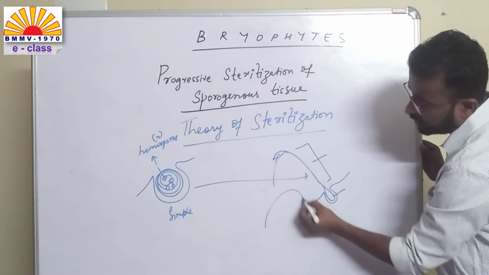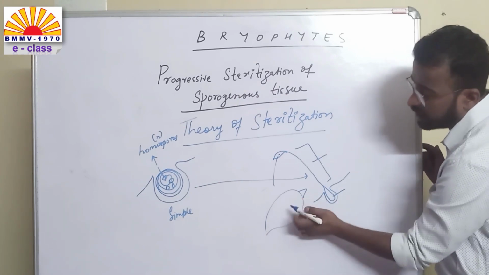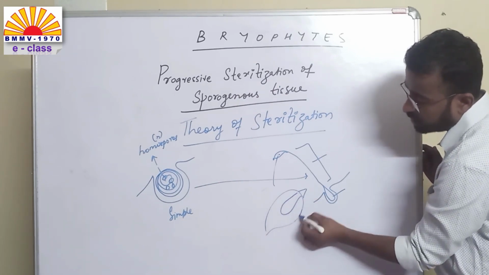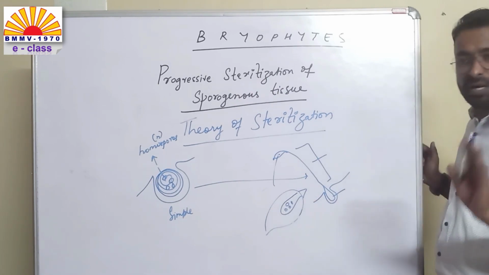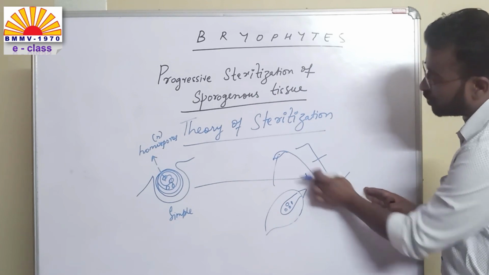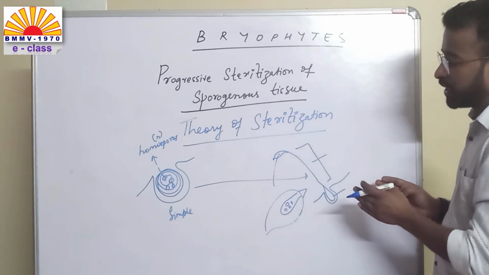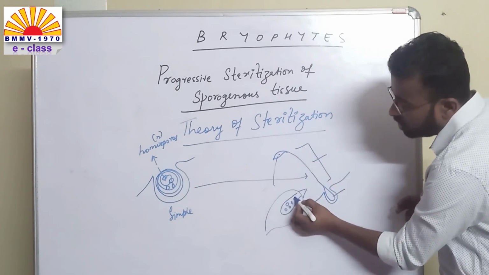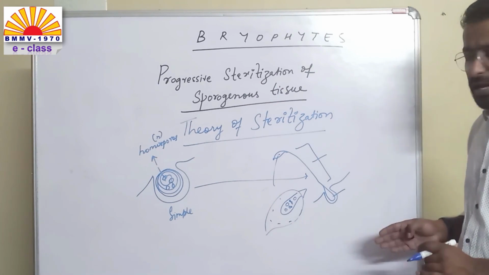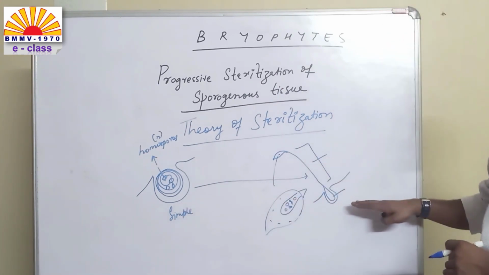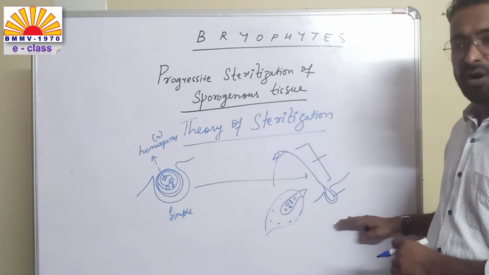Inside the capsule, when you see, the capsule is also not at all fully fertile. Only a small portion known as a spore sac will produce spores here. What does it mean? It means now the sporophyte is growing, it is becoming more and more complex, and then only a small portion is fertile, rest of the tissues are sterile. So how does this happen? How does this progress happen from a simple type to a complex type?